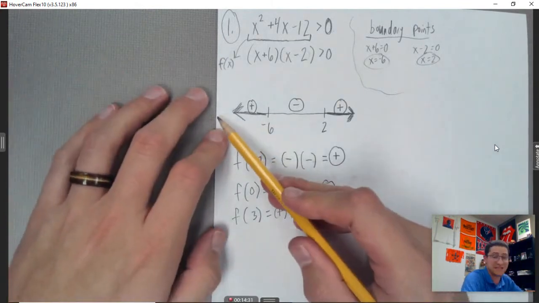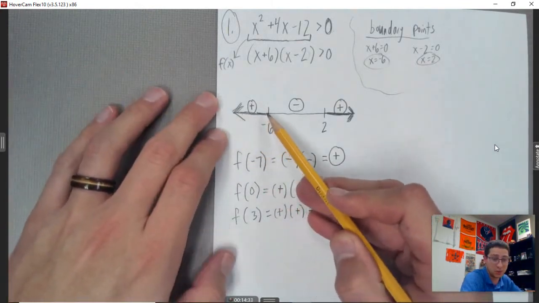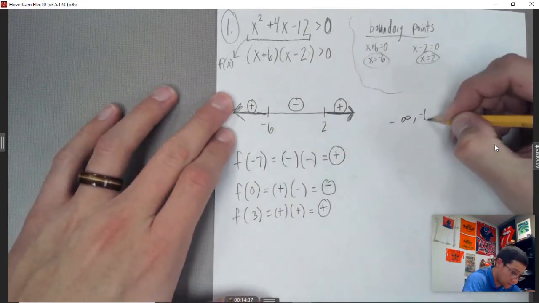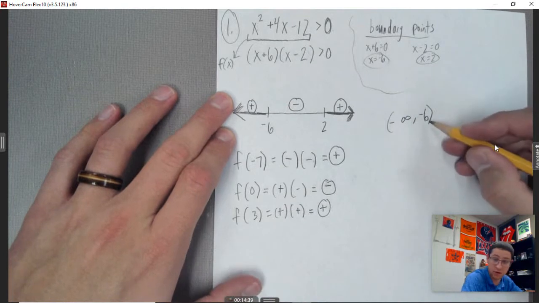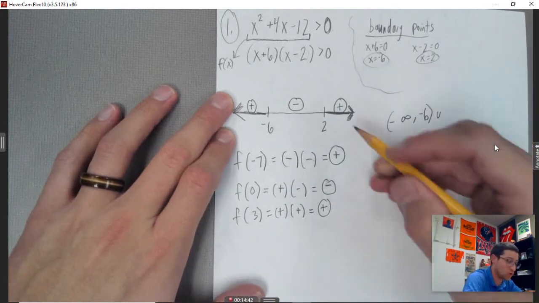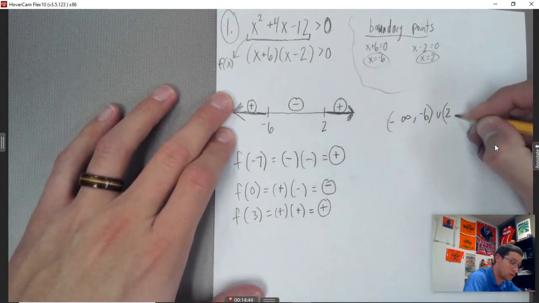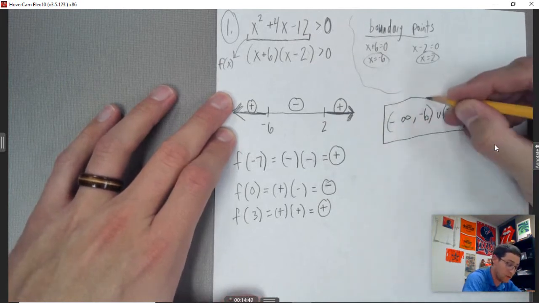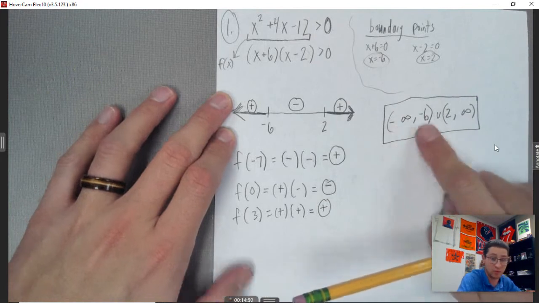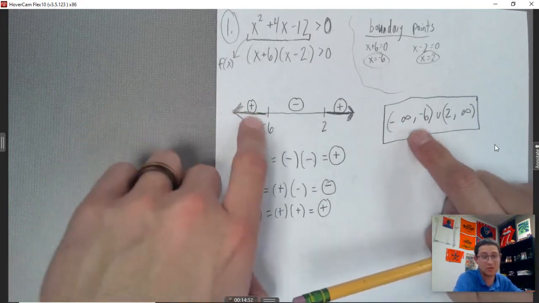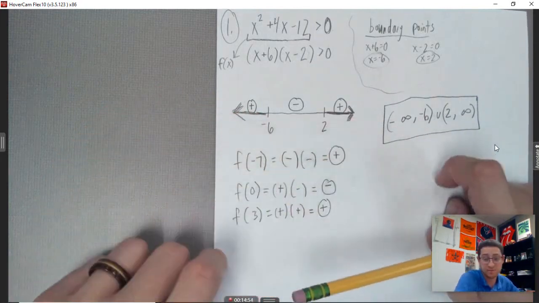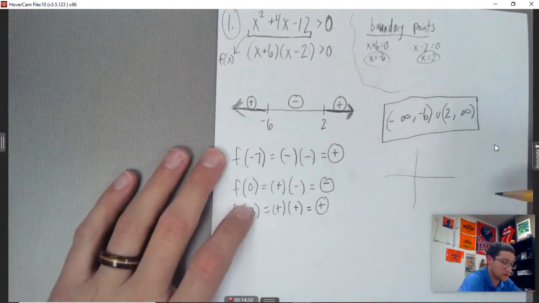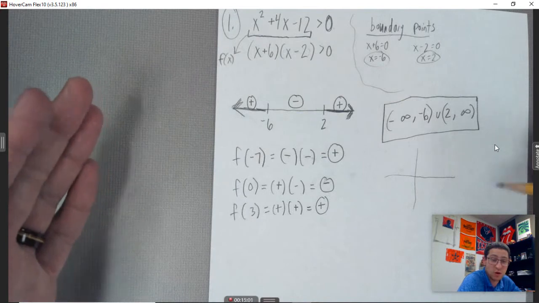So everything from negative infinity up until negative 6 is positive, so we're going to include it in our solution. But it's also if it is 2 and up. That is our answer. Now, again, what these are referring to is all these numbers, and all these numbers. Okay. So just to give you a sketch of what we're looking at, just to give a more visual,